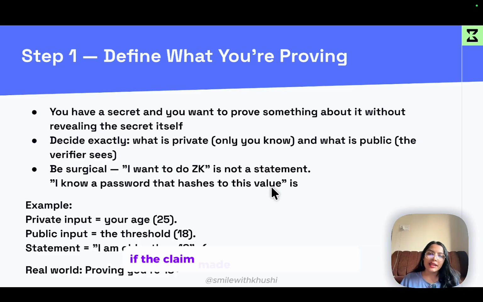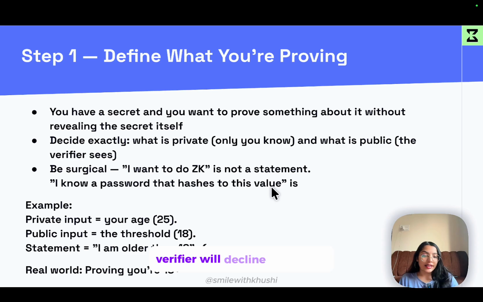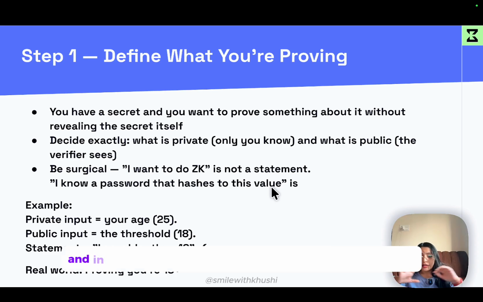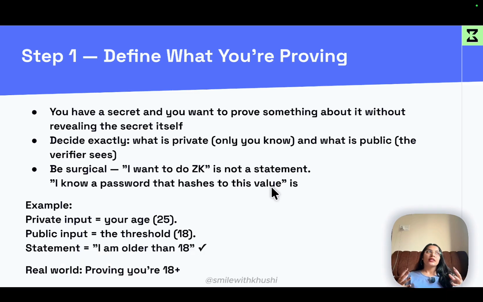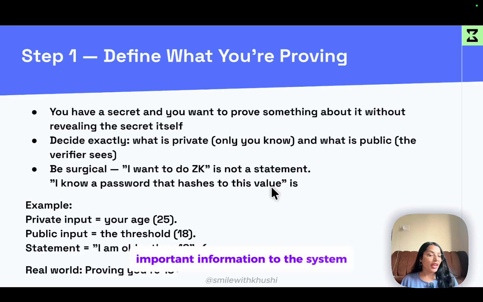However, if the claim made by the prover is false, then in all cases the verifier will decline that proof. And in the entire process of proving and verification, no information is revealed. It's a complete zero knowledge chamber where you do not reveal any important information to the system and even to the verifier.